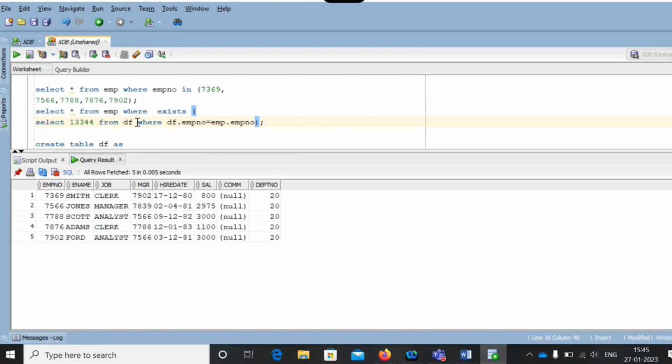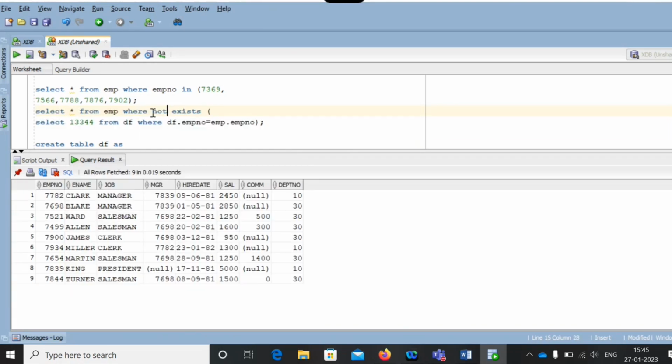5 records you got. Not exist: simply use the not instead of exist. Other than these 5, whatever we have, we will get. What's the advantage of in and not exist? Both will do the same, both ways you will get the same results, but the exist operator will give better performance than the in